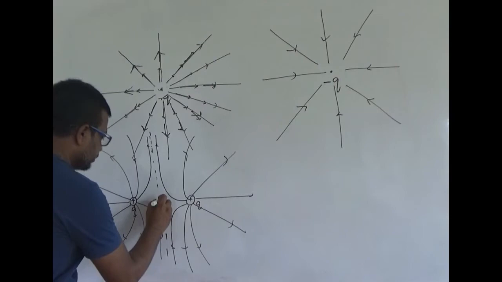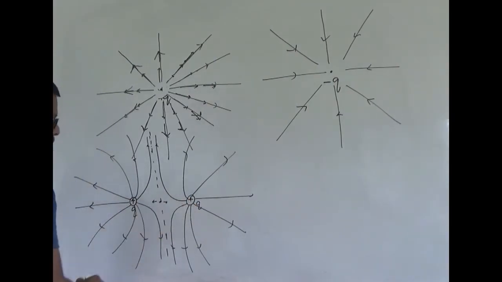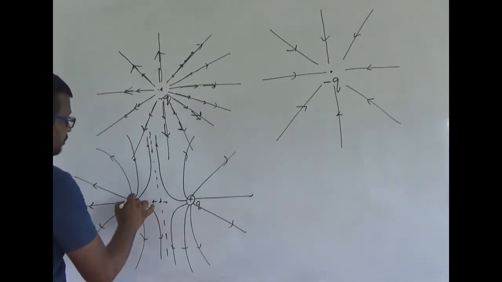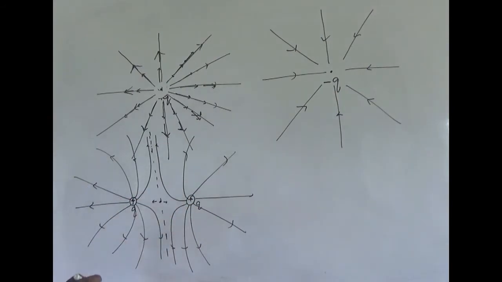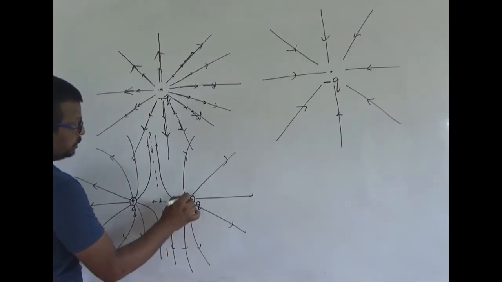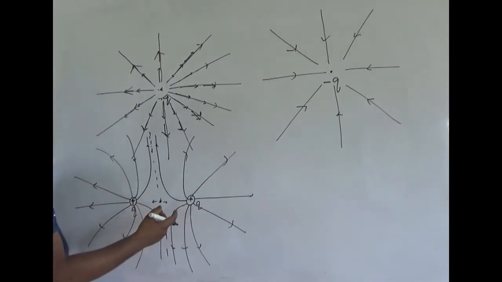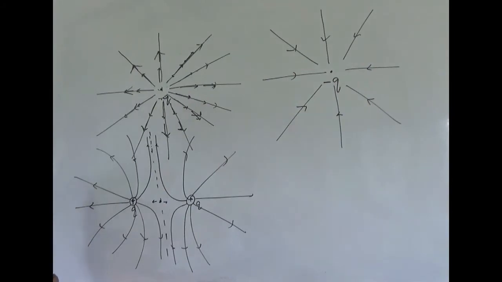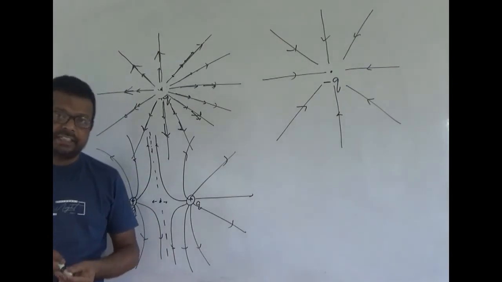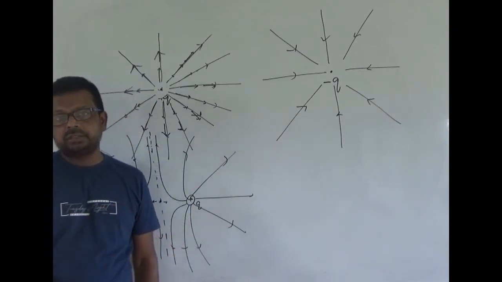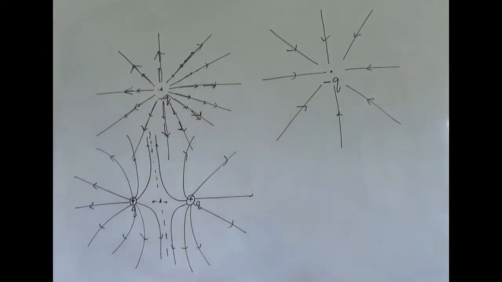If these two charges are same, and this point is at the middle of the line joining these two point charges, then at this point the electric field due to this charge will be equal to electric field due to this charge and in the opposite direction. Then we can say the electric field intensity at this point will be 0. And this point is called neutral point. That means if electric field intensity at a point in an electric field is 0, then that point is termed as neutral point.